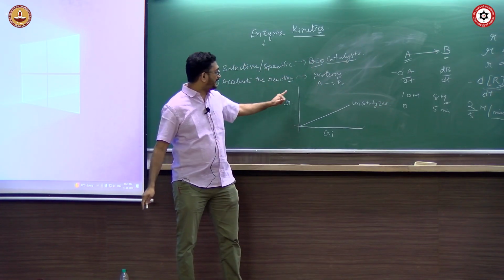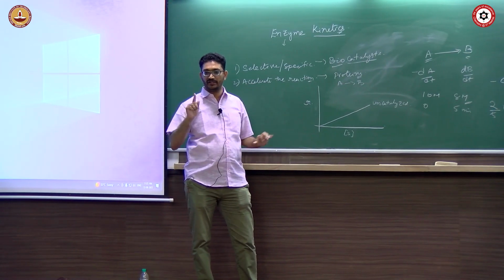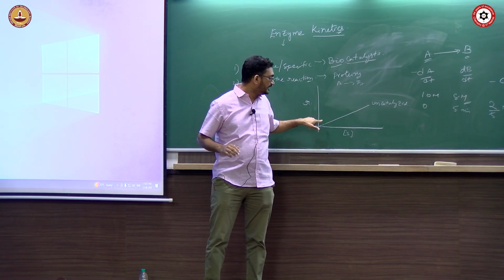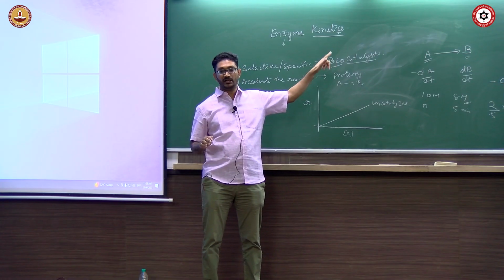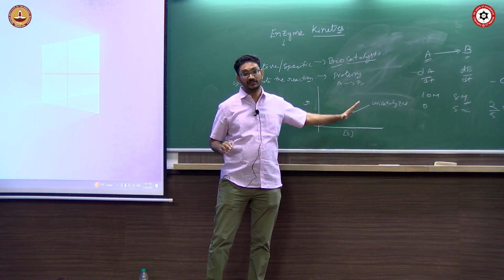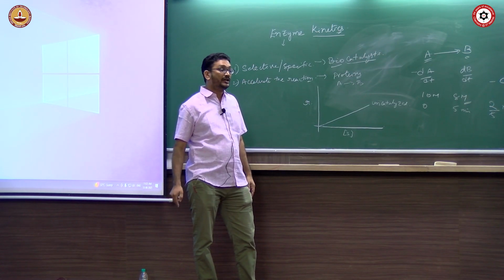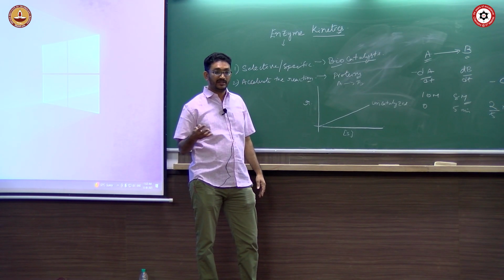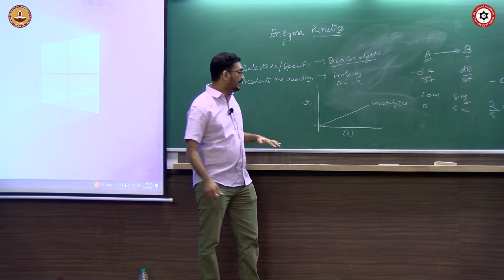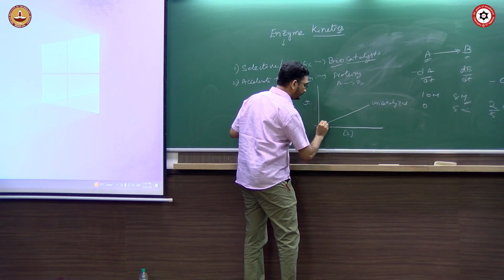So for an uncatalyzed reaction, A going to B, this will have only one order, right? If it's first order, it will be like this. If it's zero order, it will be like this. If it's second order, it will have a curve. So for one reaction, if it is uncatalyzed, it will only have a single order. But for enzyme catalyzed reactions, you could have multiple orders in the same reaction, depending on the substrate concentration. For example, a simple Michaelis-Menten kind of behavior, if you see.